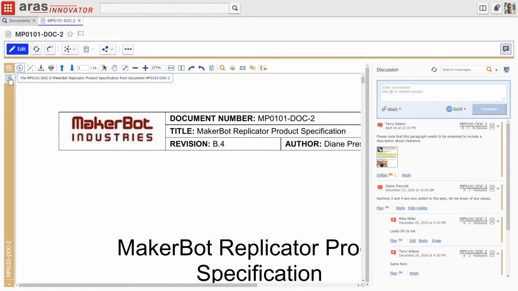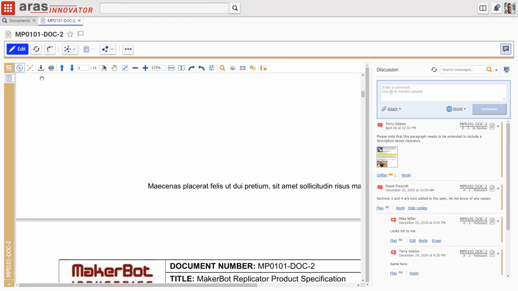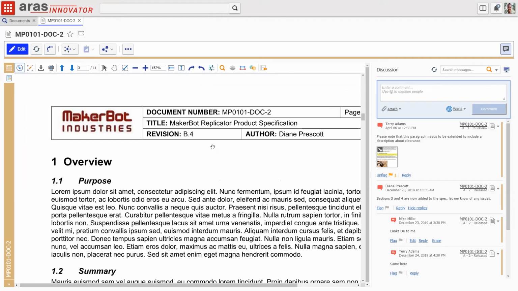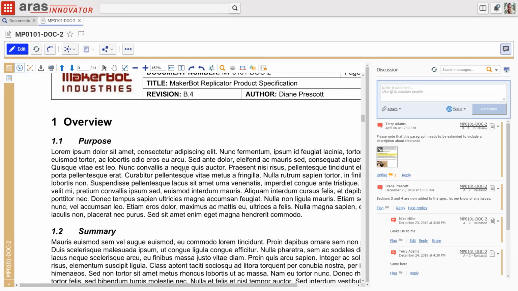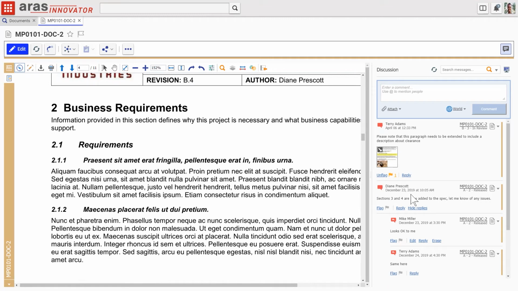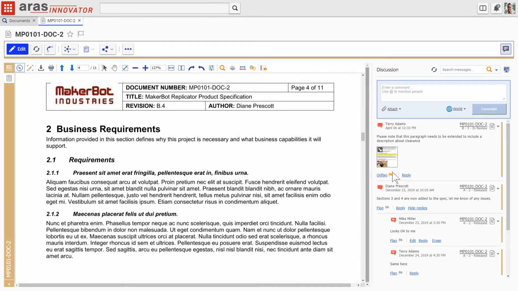So this is a PDF viewable of our Word document. We can scroll down. There's a bunch of things up here to zoom, etc. And suppose we want to add another comment. So we've seen that another paragraph was added, and we wanted to be sure the business requirements were also reviewed in order to cover off on the new sections. So let's make a comment about this. To mark up exactly where we want to see the changes made by our team, we would click over here into the markup.